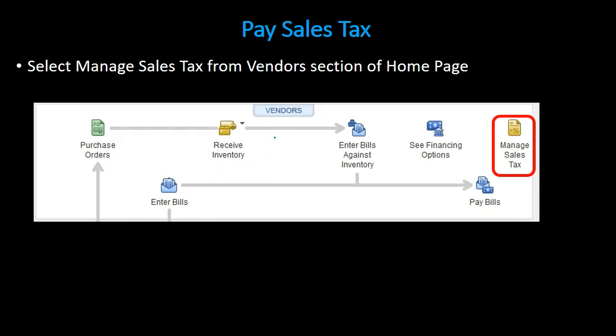We're looking at the vendors section, and we're going to use this icon here, which says Manage Sales Tax. It's up here in the Manage Sales Tax, but it might better be following the section in the customers, because really this is part of the customer payment, meaning that the sales tax payable is being generated within the QuickBooks system, within the accounting software, when we create an invoice, when we create a sales receipt,